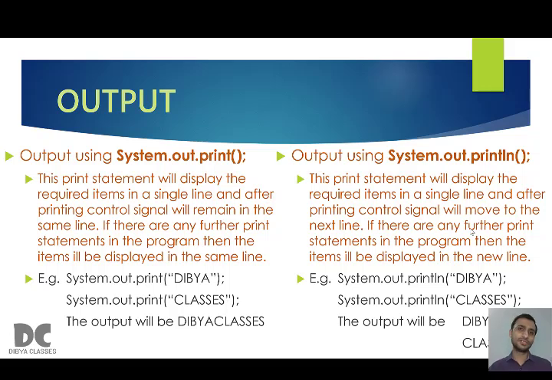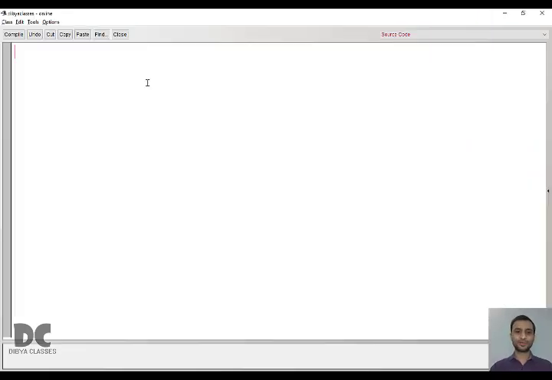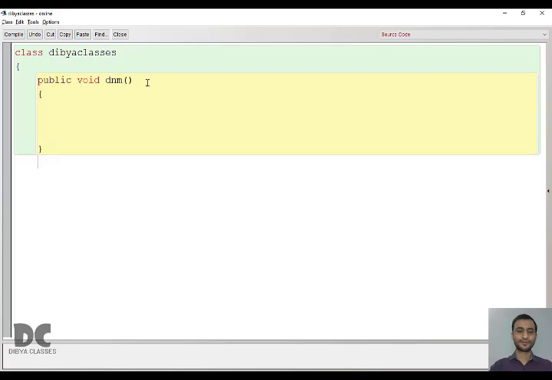So let us move to our BlueJ platform. I will rewrite the program. That is class, this is the skeleton, public void, and assume that this time we know the value, that is you have to add 5 and 10. The program is: write a program to add 5 and 10.